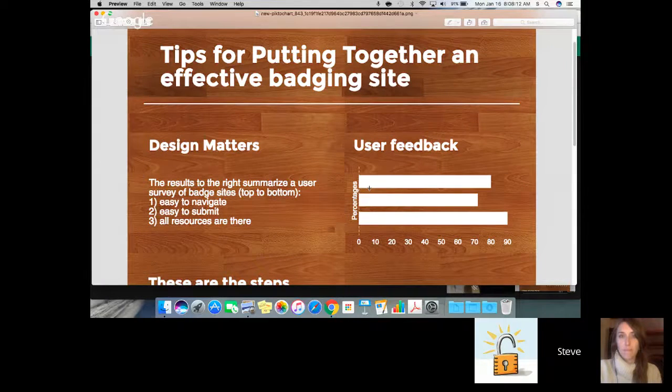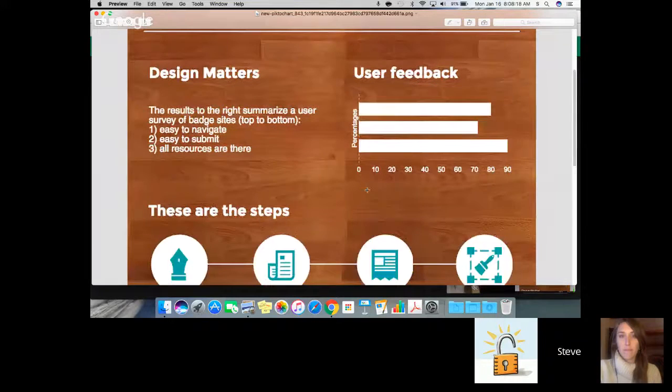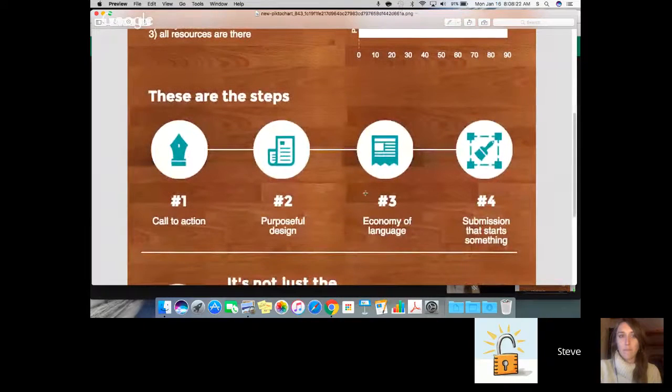So today's webinar here, what we're here to present are some kind of visual representations of this feedback. And so kind of boiling it down based on this survey and based on some work with real users in the real world, these 4 steps. So whether you're shopping, whether you're thinking, I want a badging platform, I want one for my staff or maybe for my company or for my students or families, these would be 4 things to be looking for. And if you want to build your own, there are a number of open source tools you could use in the same kind of concept. So I'll be walking through these real quickly with a real world website,